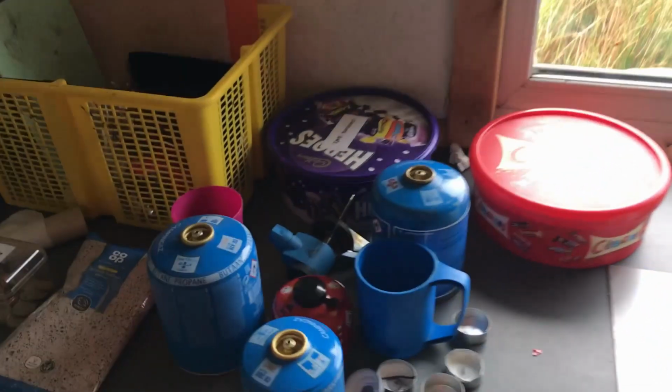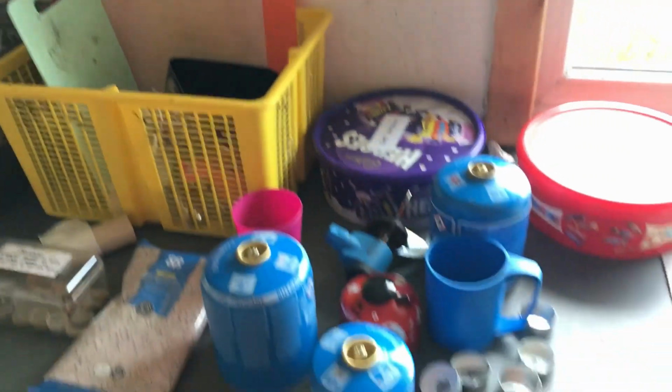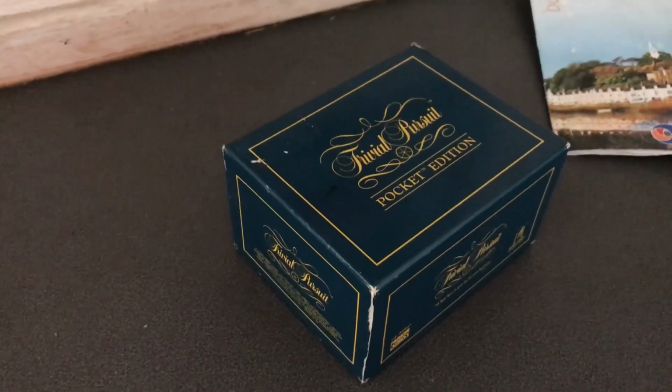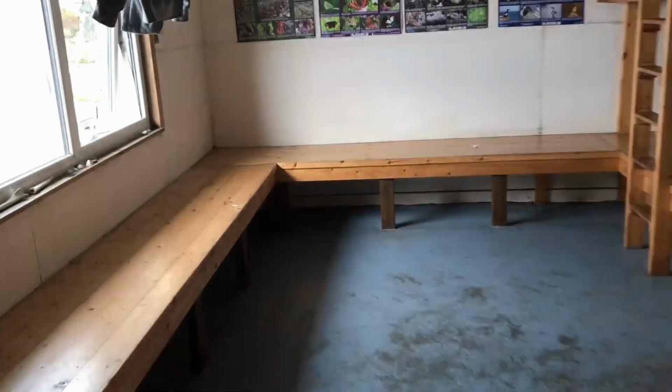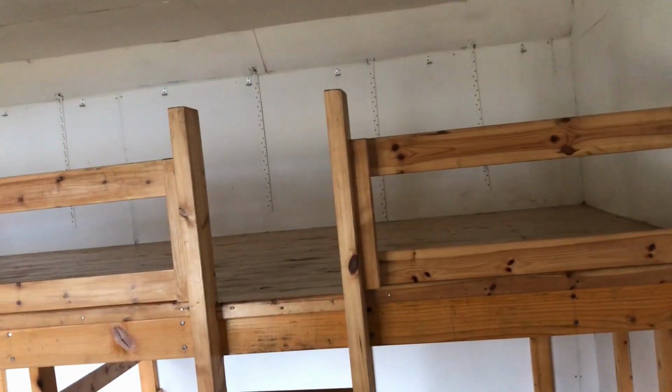Oh, it's quite big. 2 big tables, loads of seats, maps all over the wall. Oh, someone's left gas. There's quite a lot in those. A bit of food as well, people have left. Trail magazine. Who's bought Trivial Pursuit? Blimey. Oh, there's a lot of bunks actually. Look, there's probably enough for